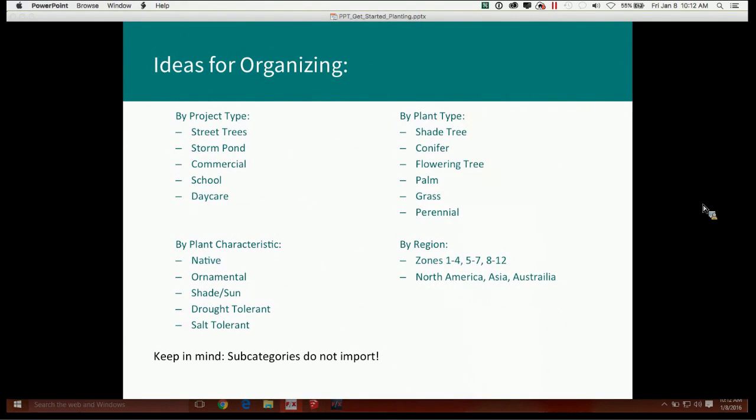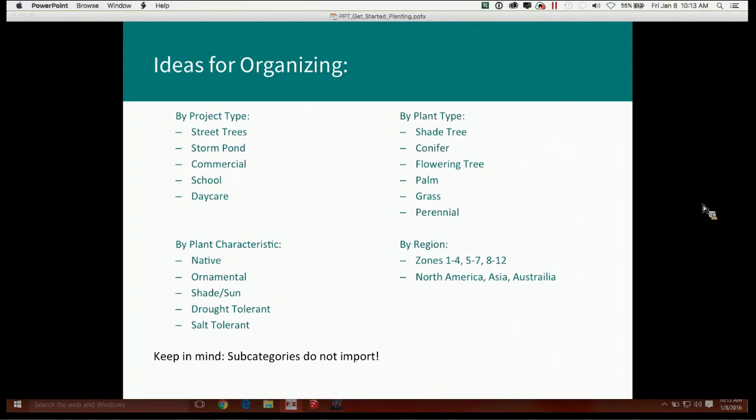So once you start making a template, you need to think about how you're going to organize it. So you can have multiple templates. You don't need just one. For instance, I have organized my templates for plants by having just a template for street trees. So trees that are fairly large and usually salt tolerant, that sort of thing, things that would be good for a boulevard planting plan. And then I've done a template for storm ponds, and that included all native plants because